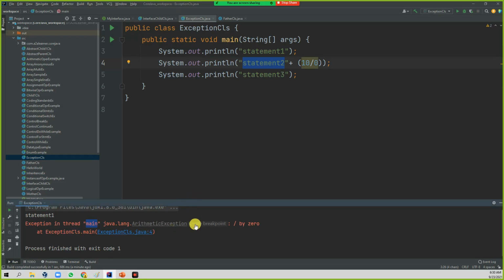The issue is divide by zero. So the problem is that the Exception class main method at line number 4 has the issue. Line number 4, the issue is divide by zero. So that is what it is giving as details.